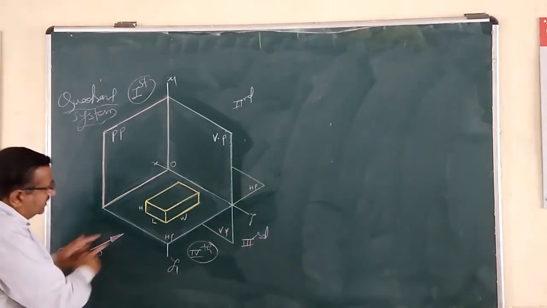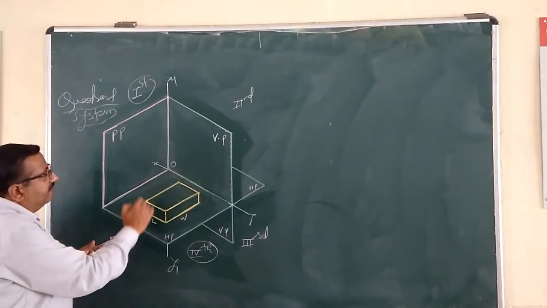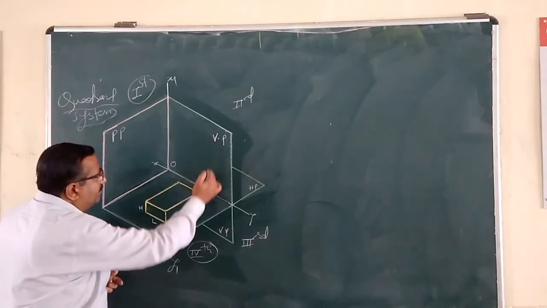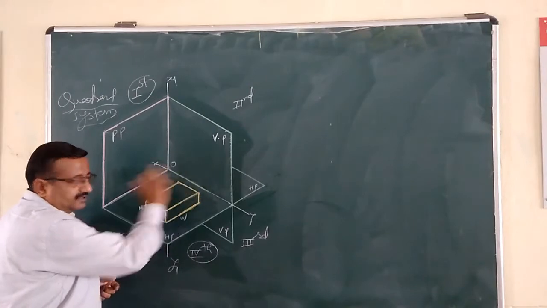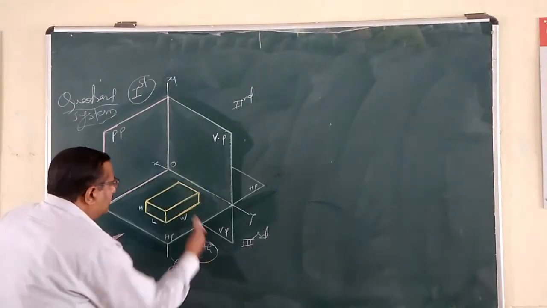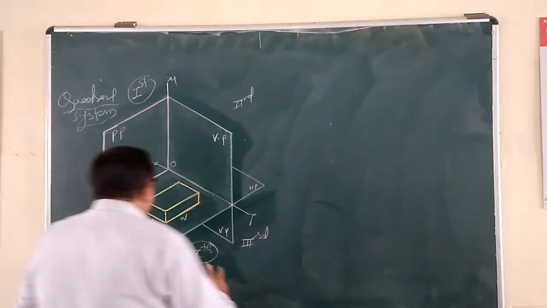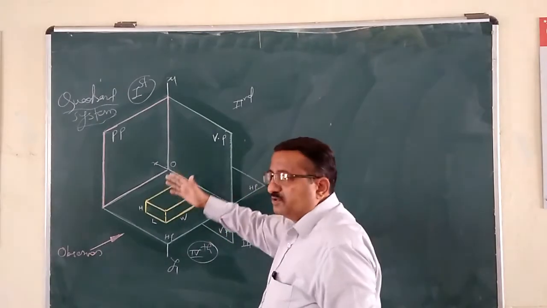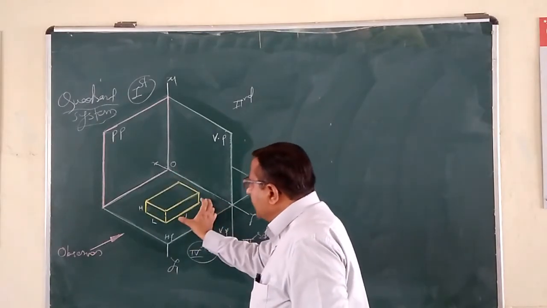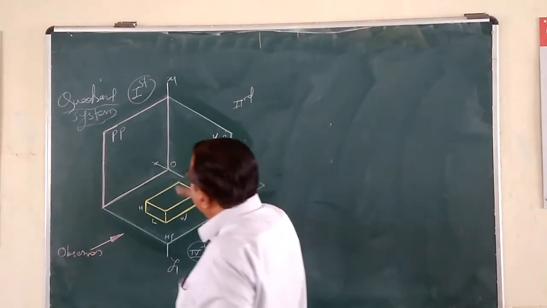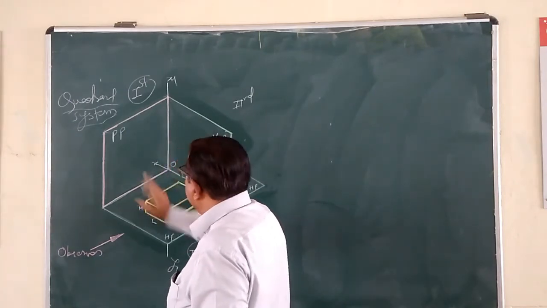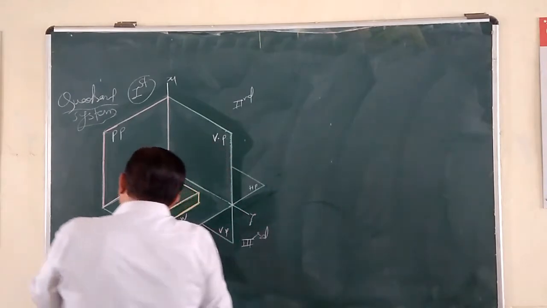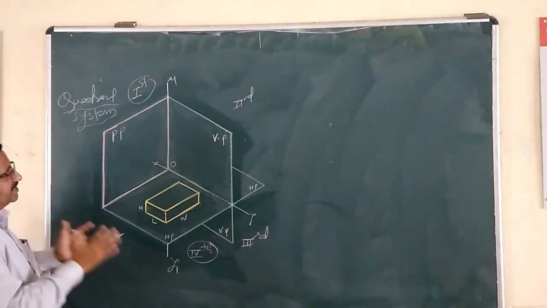When you focus in this direction, the L by H image will merge over the vertical plane, which is just behind this object. So we naturally get the front view image. Right hand side view image: from your right hand you are observing its side. That's why W by H, that image we get on the profile plane here, which is called the right hand side image. This is the front view image, and ultimately the top image.